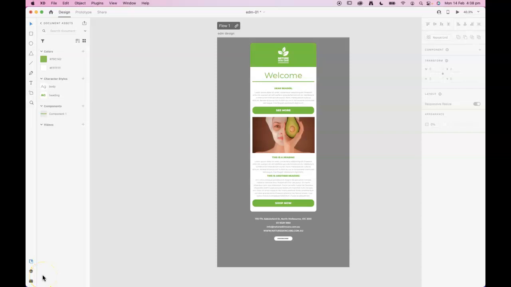Hello and welcome to this first look at Adobe XD for designing interfaces. In this video we're going to be putting together this EDM design. It's a marketing email. It's a single page design. It's a pretty simple single column